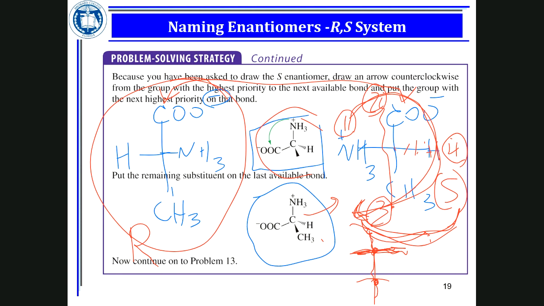Okay. Now, we're going to practice to determine the configuration, because this is going to be practice for Fisher projection again. We have priority 4, we have priority 1, 2, and 3. Going from 1 to 2 to 3 is counterclockwise, because